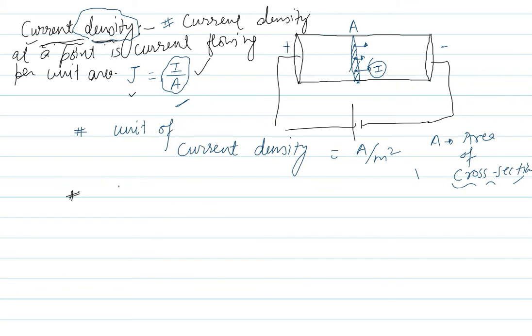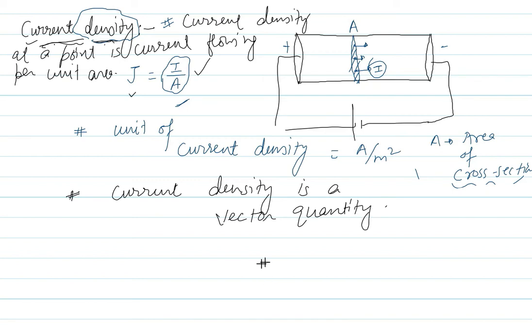Students, current density is a vector quantity. It has a particular direction. As this is a vector quantity, we must question the direction of this current density. Now see how direction is introduced. Things will be more clear to you once we introduce the formula for current density. So let us talk about the formula firstly.